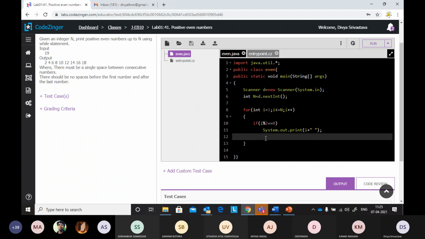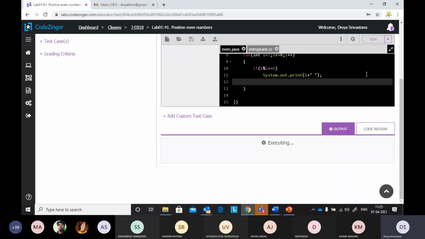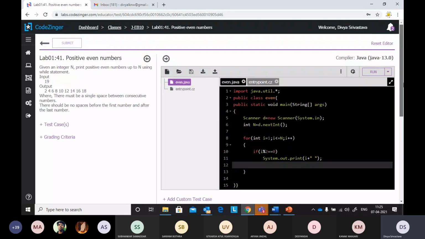The work that was done in the while loop I can do in this way. But since it is mentioned in the question to use a while loop, I am doing it that way.